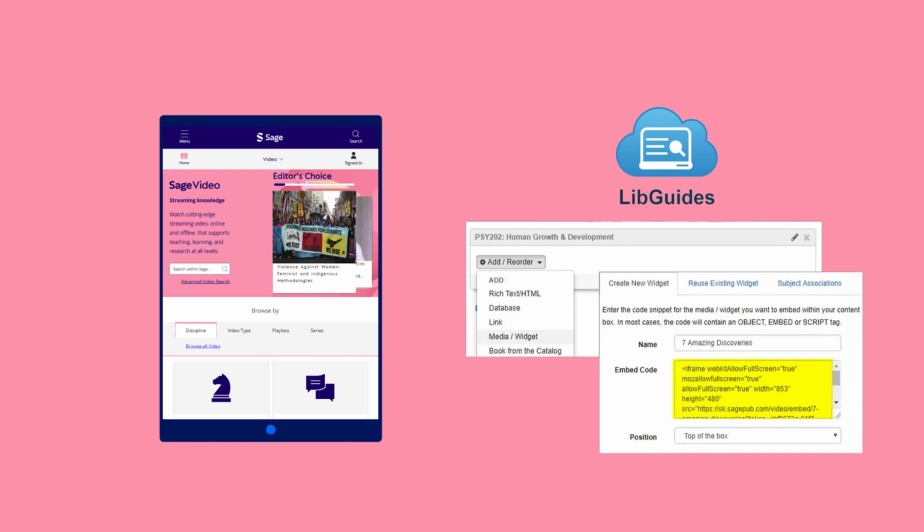You can also embed videos in LibGuides. To do so, select the Media Widget option from the Add Reorder drop-down and paste the embed code into the